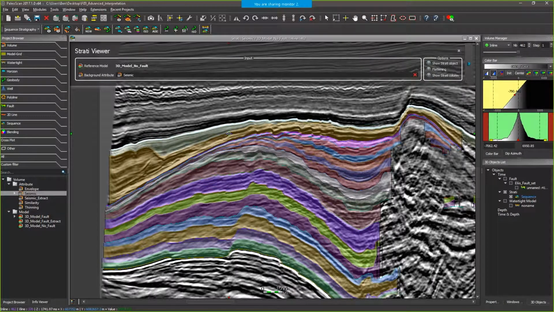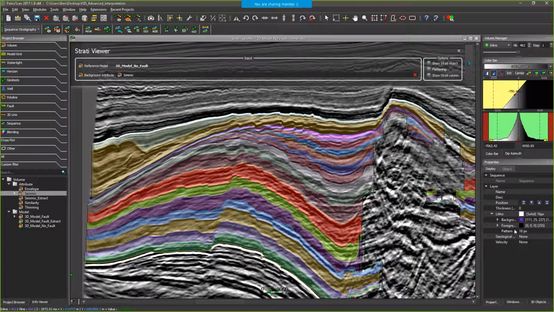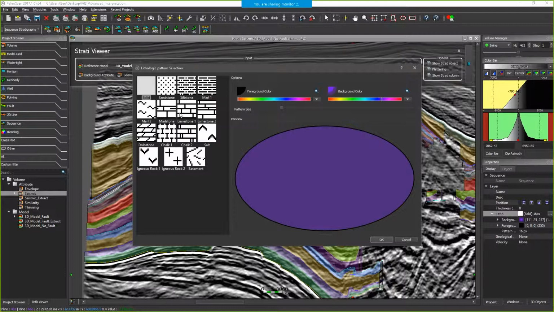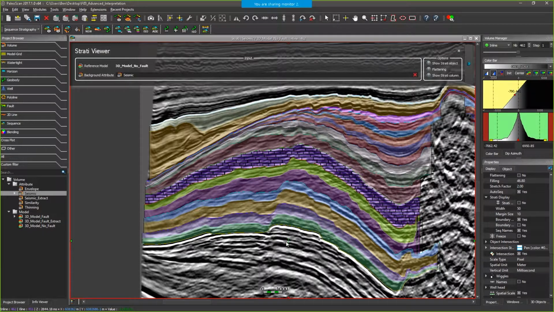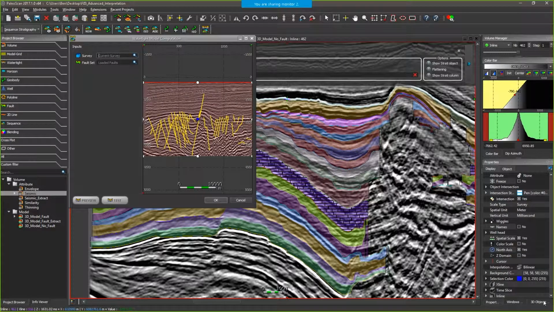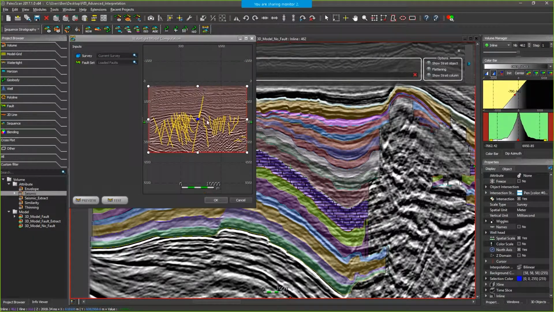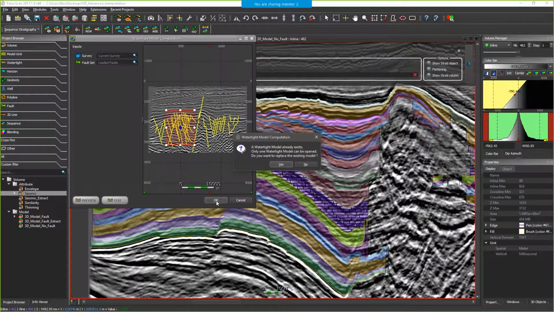Exactly as before, if I select a layer, for example this one, then I have access to the properties of this layer and I can change the lithology, for example, or the color. I can name it exactly as before, and then the watertight model will use the color and the lithology of the sequence. Now if I recompute my watertight model, this time I will have more horizons and more details on this area. Just click on OK to compute.